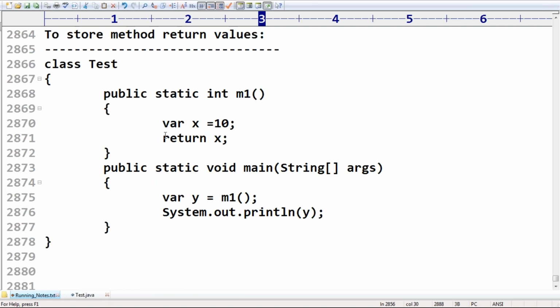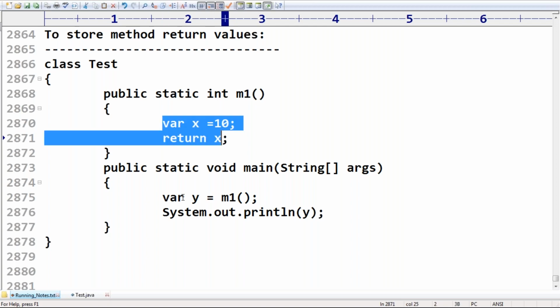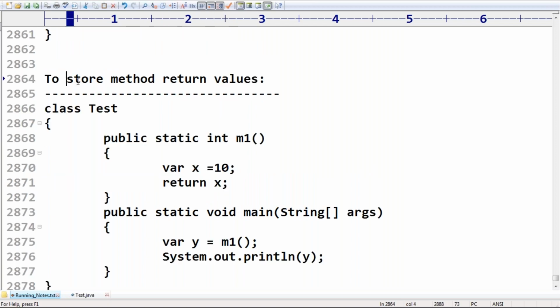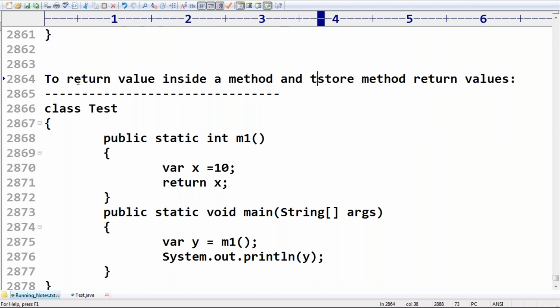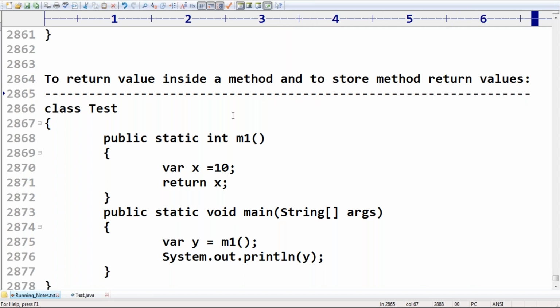After that, to specify the return value inside a method and to store method return values, we can happily use this var type.